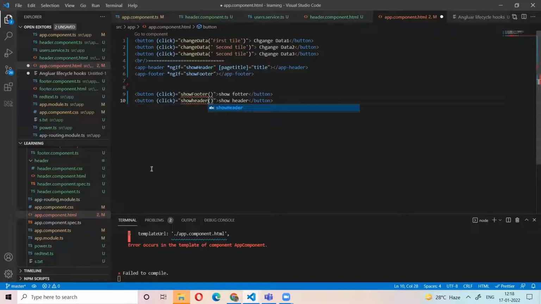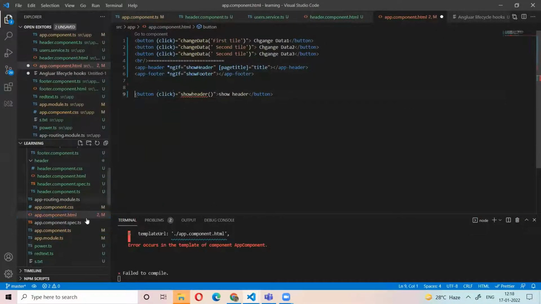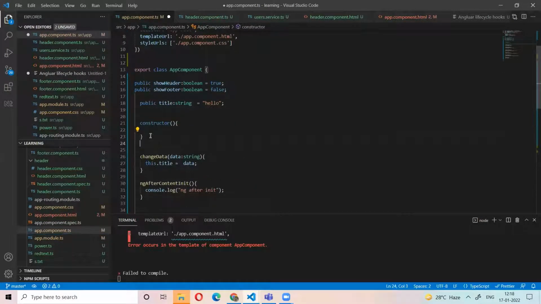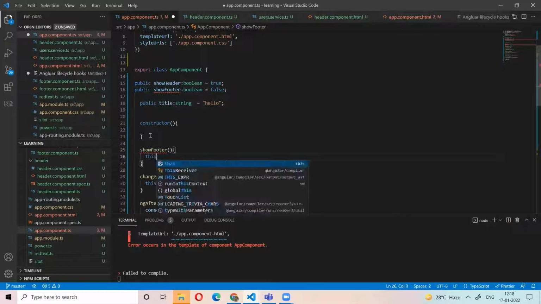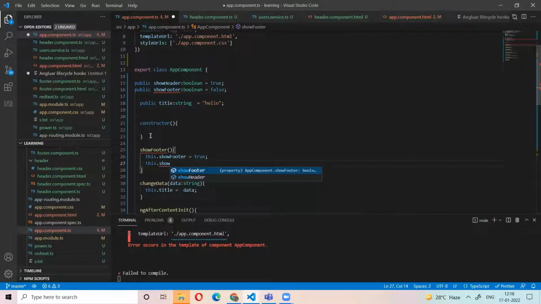Now I create the methods here. When I call the change show footer, I will make show footer true and show header false.